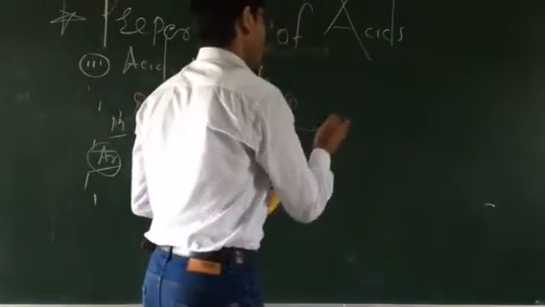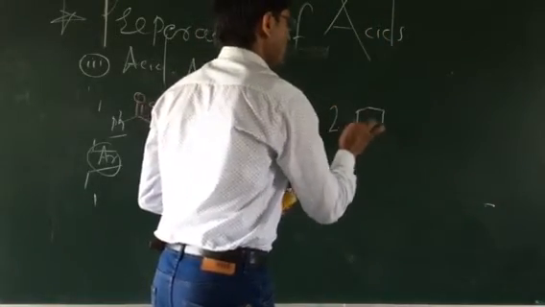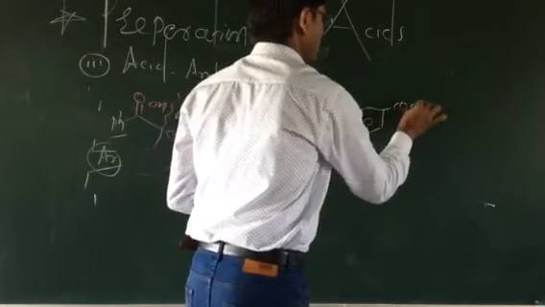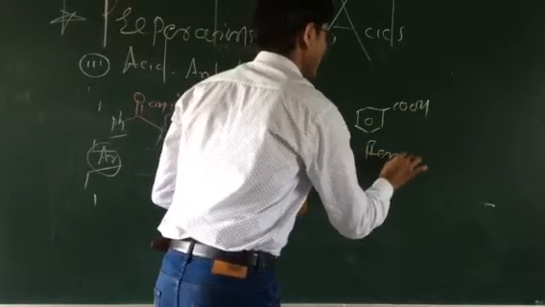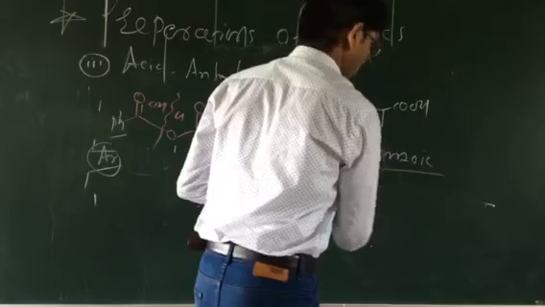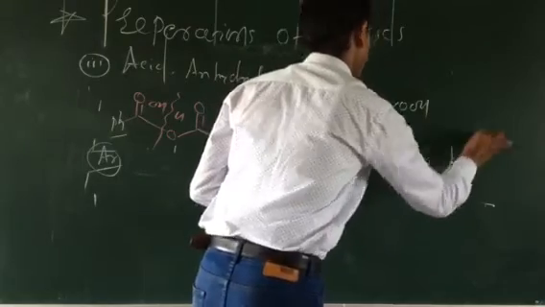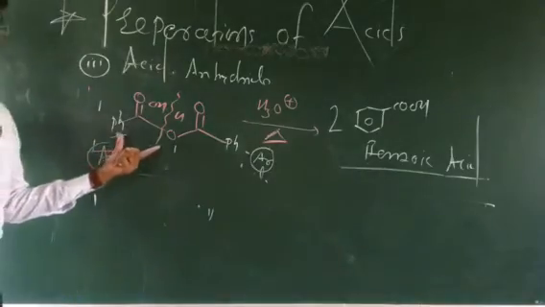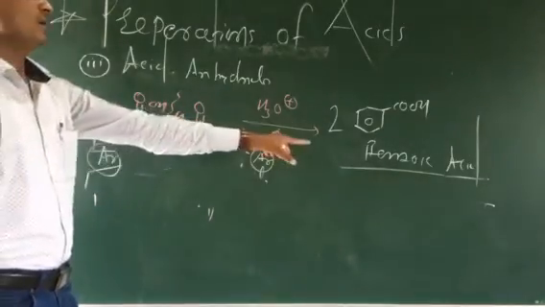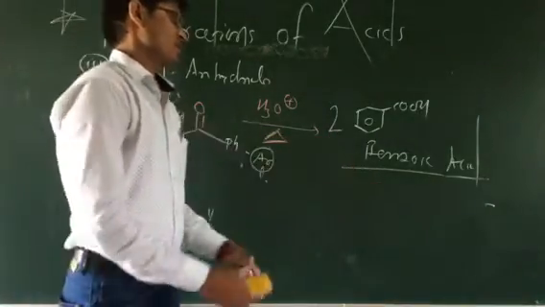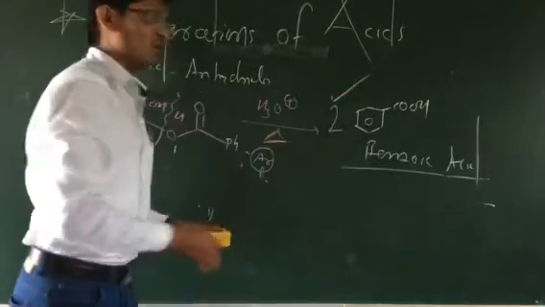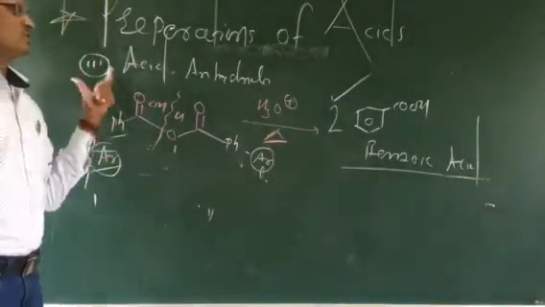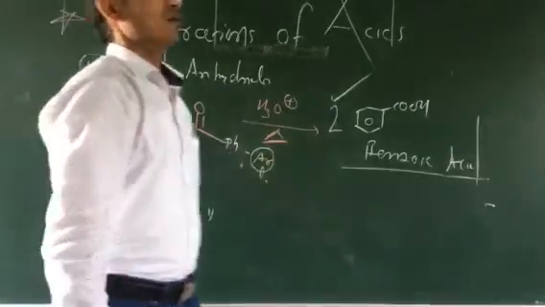This is nothing but 2 moles of benzoic acid. There is generation of 2 moles of benzoic acid by acidic hydrolysis. Acidic hydrolysis of these types of starting reactant molecules, aromatic anhydride, gives the aromatic acid, that is benzoic acid. The most important thing is 2 moles. Here we will get 2 moles. So this is how we have prepared by synthesis.